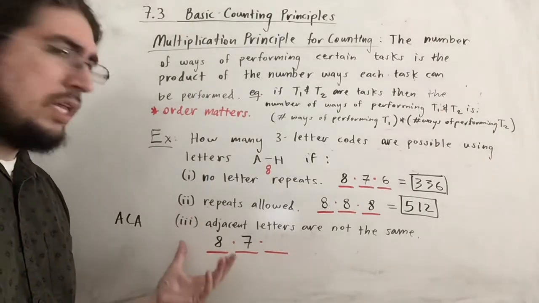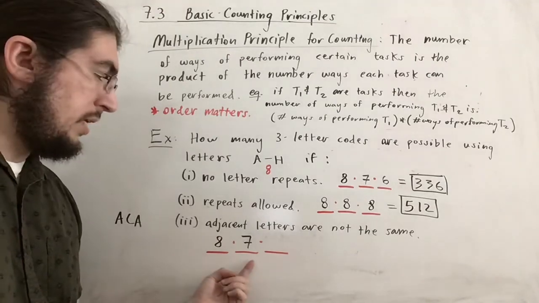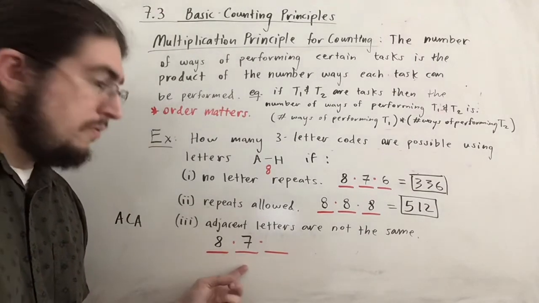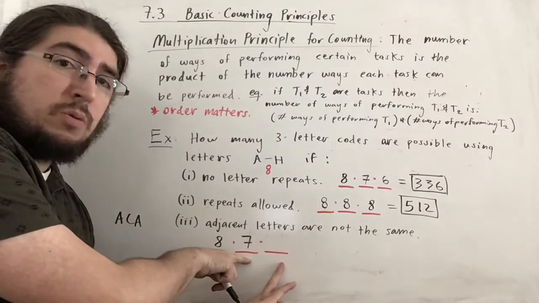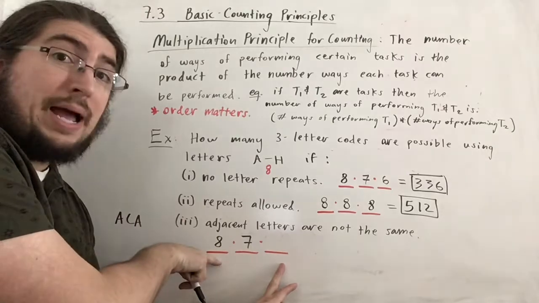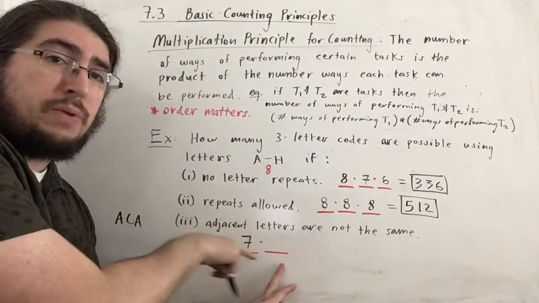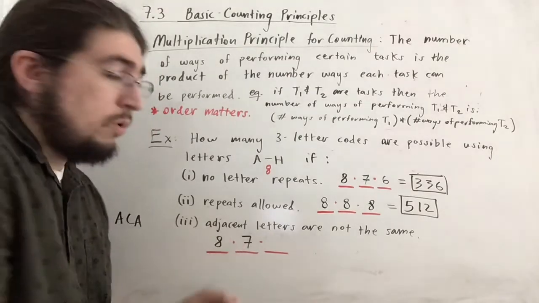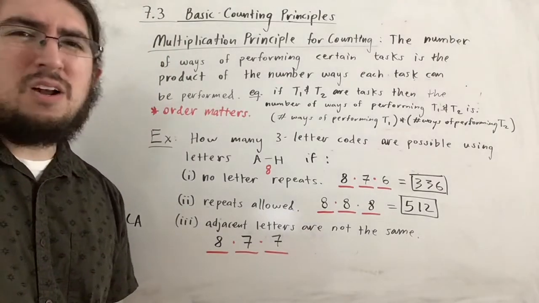So for the first letter, we have 8 options. So choose that. Now we'll have 7 for the next one because we can't choose the one we just chose. But for the next one in place here, this one is gone now, so we'll have 6 choices, but this one comes back because now this letter is not the same as this one and it won't be adjacent. Adjacent just means next to. So in fact, we'll actually also have 7 choices for the last letter, which I know sounds a little weird,